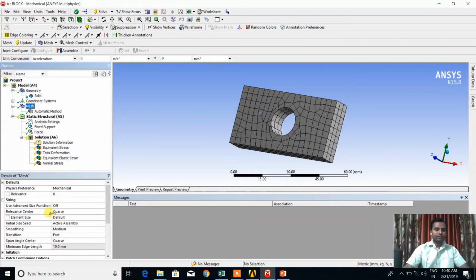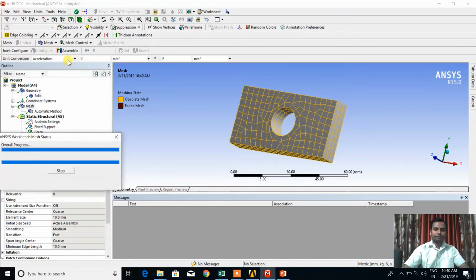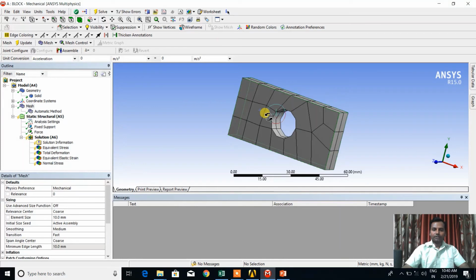As per the coarse, fine and medium, the element size is by default taken by the ANSYS Workbench, but you can also give the element size manually. Okay, so if I want the element size as 10 mm, the number of elements will change. Again, generate mesh, check here, the number of elements will be like this.